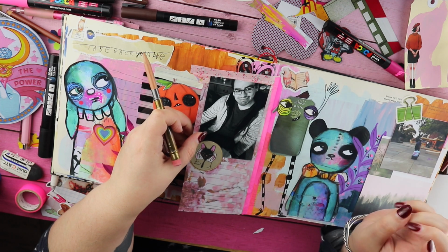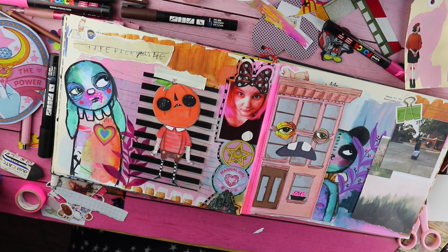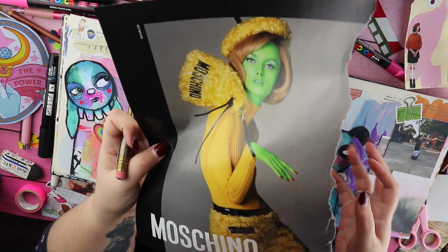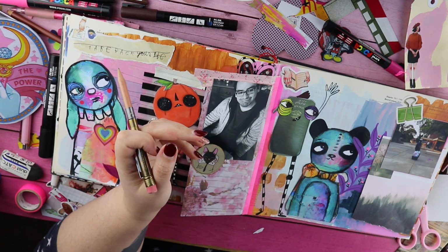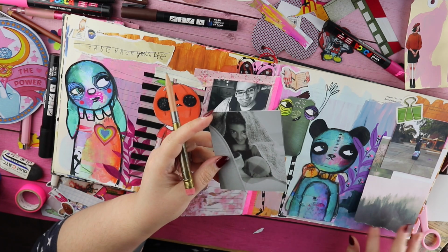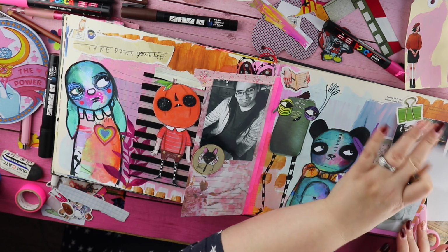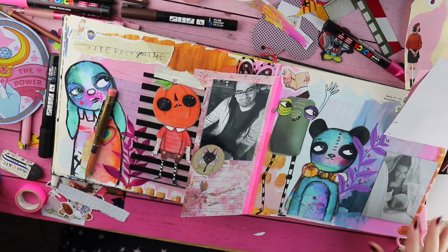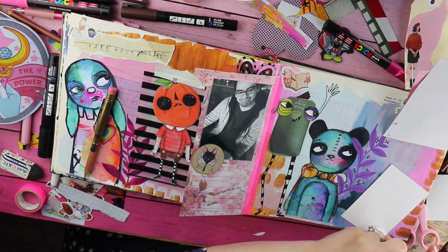Not too sure on his hand. That's all right. I have this. I was trying to work out if I could use it today, but no, I think that looks a bit too creepy. Obviously my hands aren't that amazeballs, and I've still got this picture of Lygie, which I could definitely put down here, because I did want to add this photo, which I might actually do now. I know that covers up a huge amount of space, but